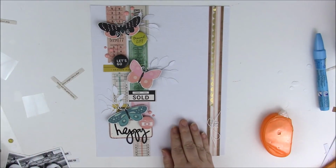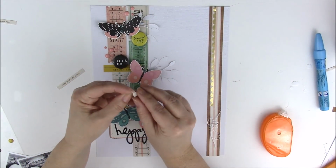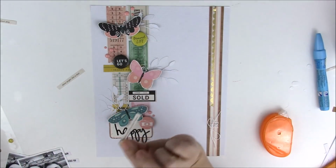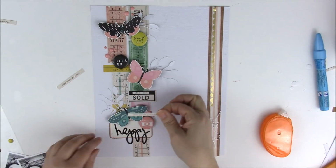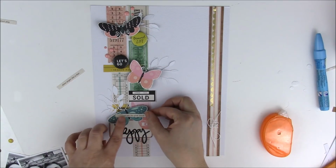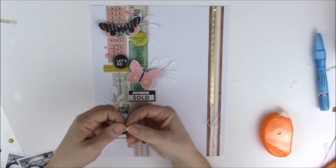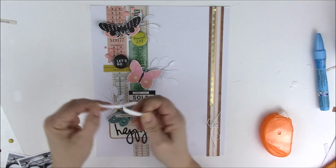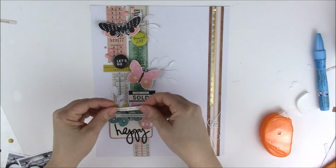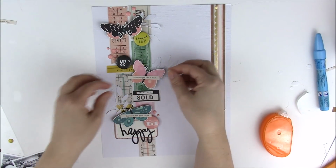Now on top of the butterflies, I have these little stickers. These are from Simple Stories. This is from the Reset Girl collection. It's an older collection. And I'm going to add them to my butterflies. And I like building my layers up quite a bit. And I've pre-cut these so that I just trim them right from the sticker backing,